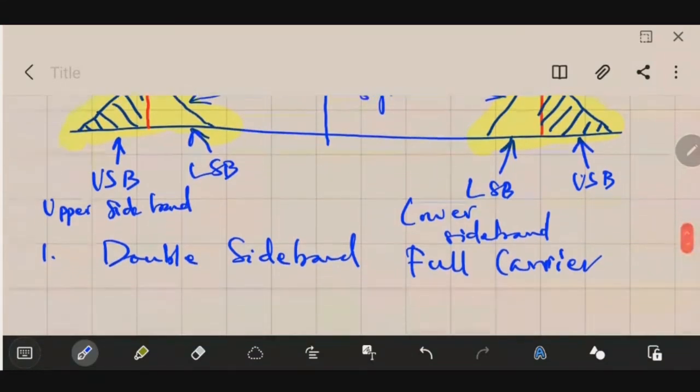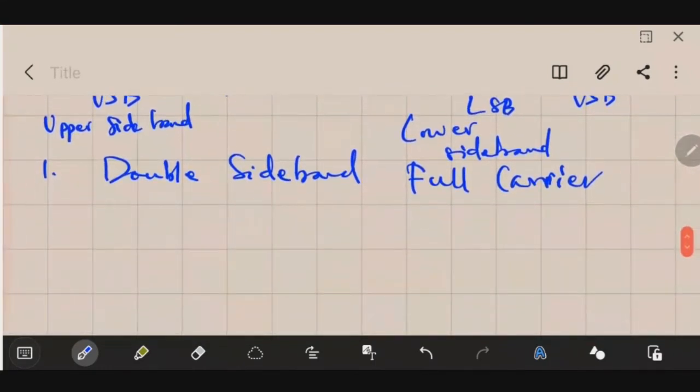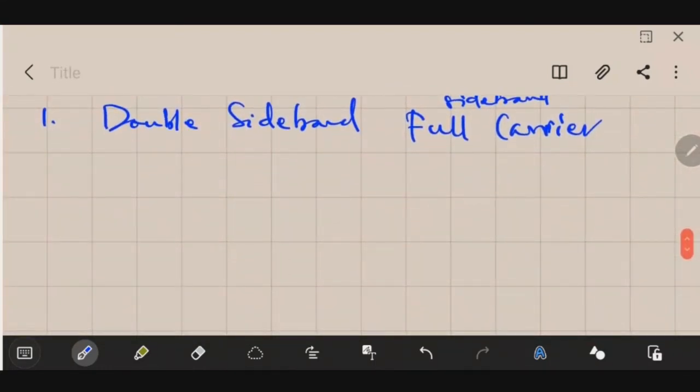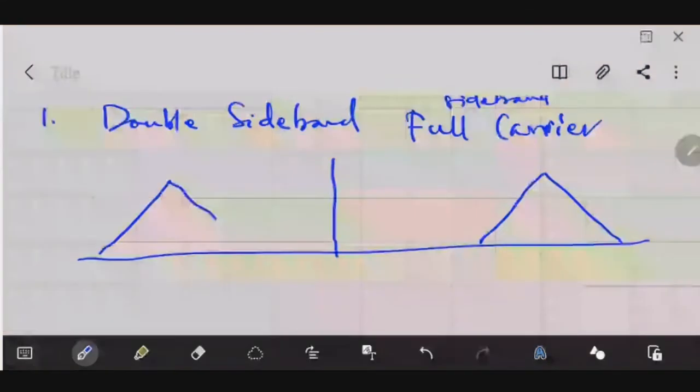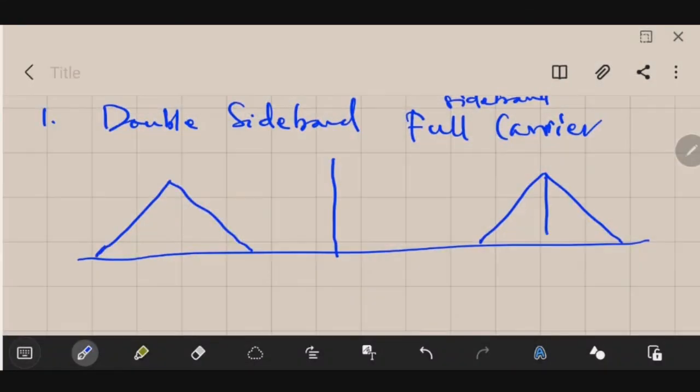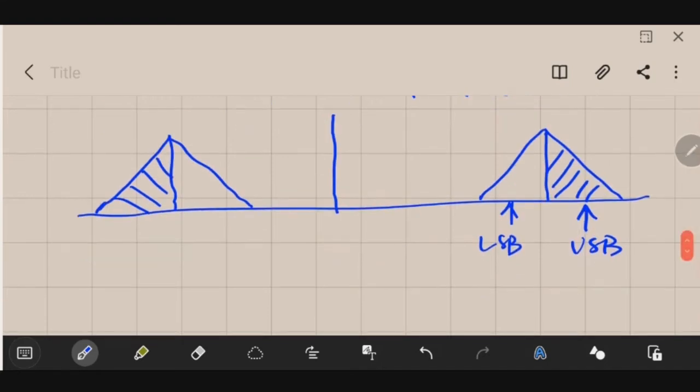The second type is double sideband suppressed carrier. Let me show you the spectrum. In double sideband suppressed carrier, you will have a signal like this. Let me show you the shaded and the unshaded portion. These will be present: the upper sideband and the lower sideband. So what is absent here? The carrier is absent here. So this kind of signal is your double sideband